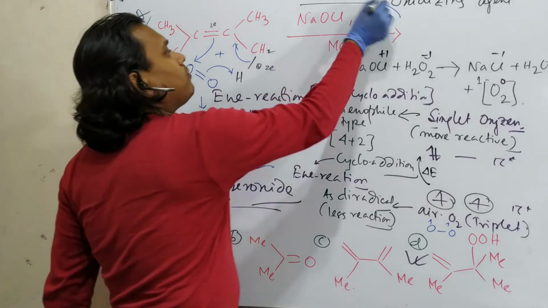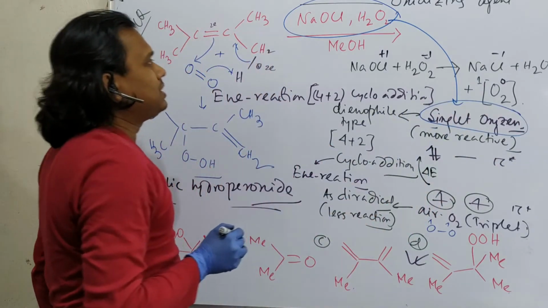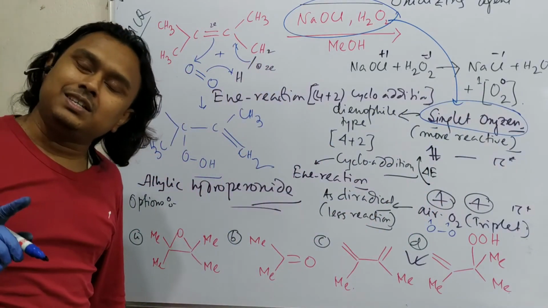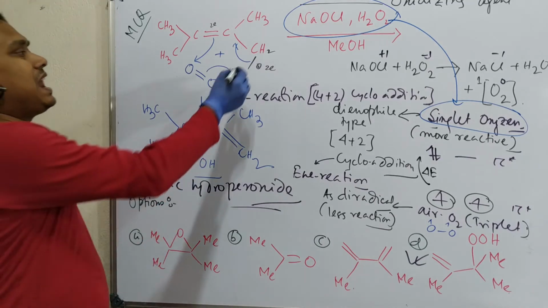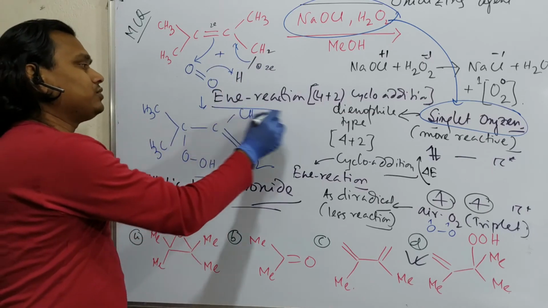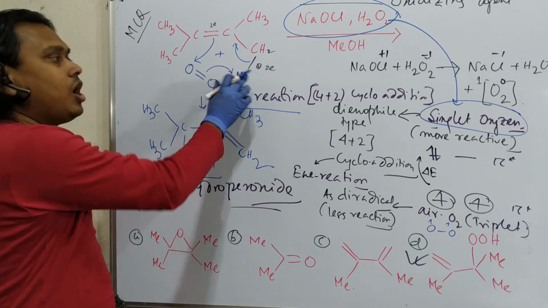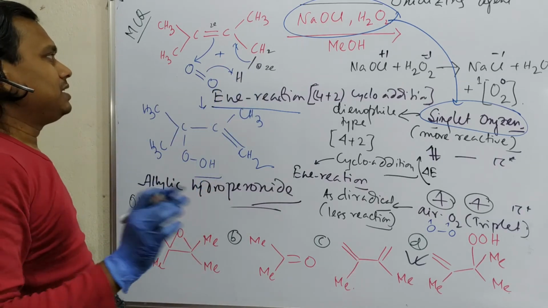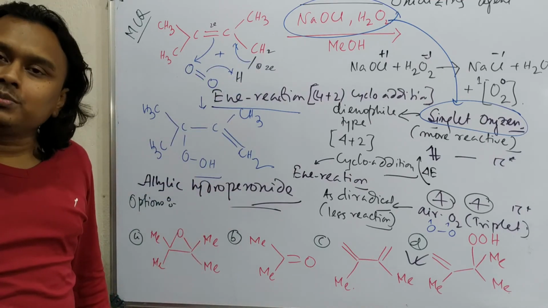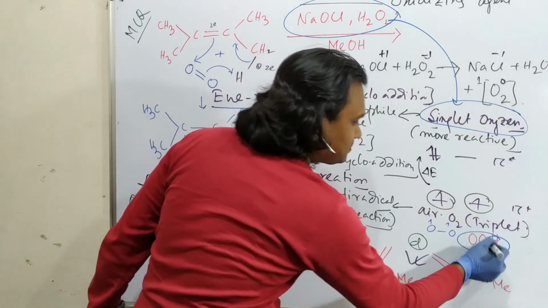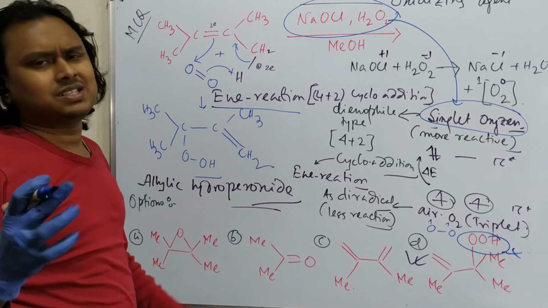First of all, this combination results in singlet oxygen. Point number 1: singlet oxygen can react with diene or alkene. And if the alkene has any allylic CH, then it will perform the ene reaction. And ene reaction means you only have to draw this thing in your notebook, or another strategy is possible. Because in the ene reaction, this oxygen will directly form the OO bond, so it will be a hydroperoxide. I have given the options. If you read them slightly, you can find out the answer very quickly.